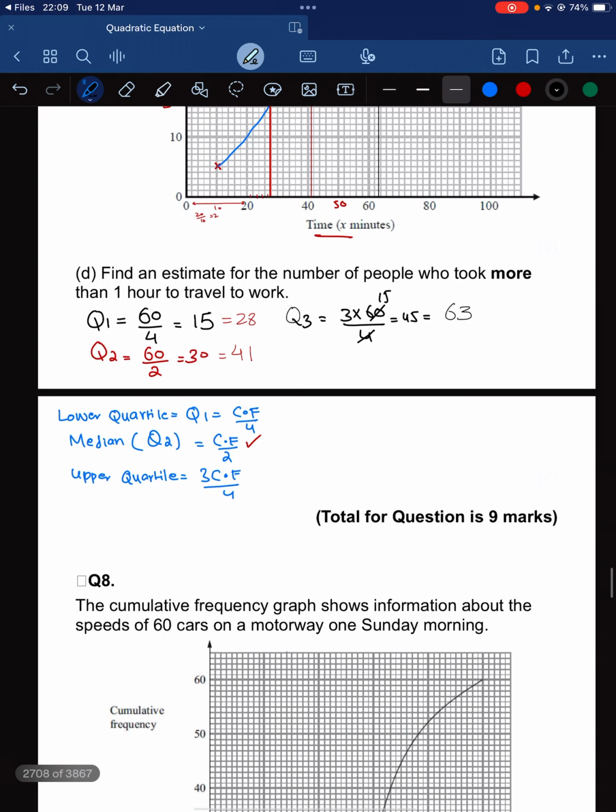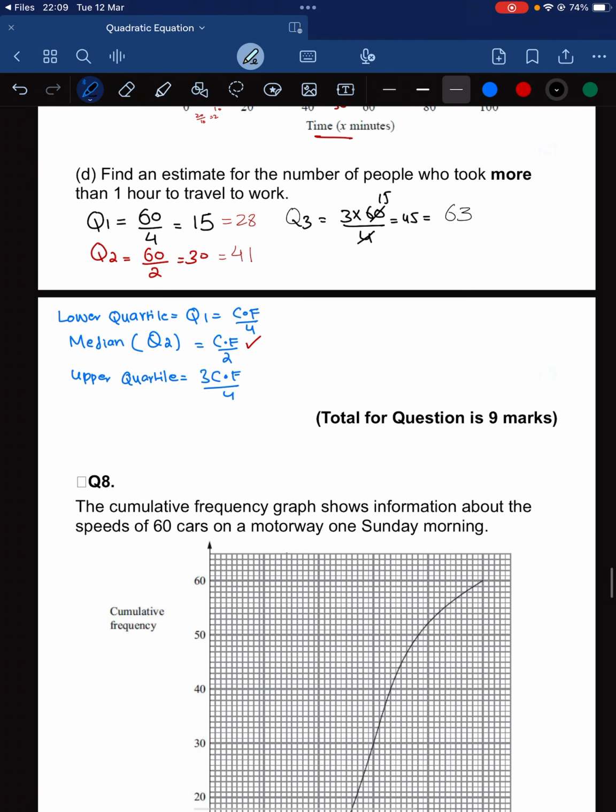Now we have one more measure, called the interquartile range. The interquartile range is basically Q3 minus Q1. So these are the formulas which we need to learn if we want to solve these kinds of questions. Basically we have three formulas, and after getting the value from these formulas, you need to look at the graph. You need to find the cumulative frequency value that we get from the formula, and then see the value on the x-axis against that value. That will be your answer. So we have basically four formulas